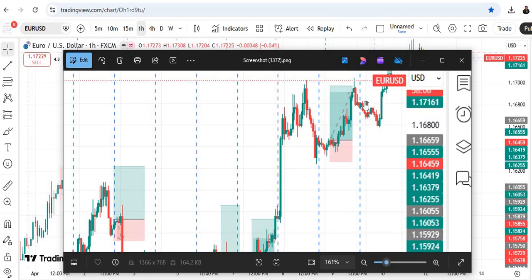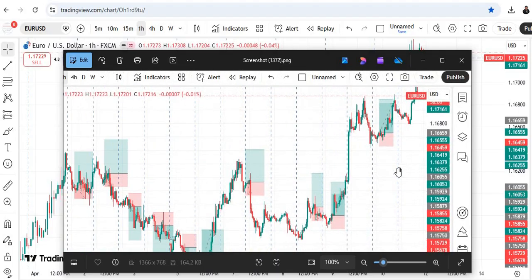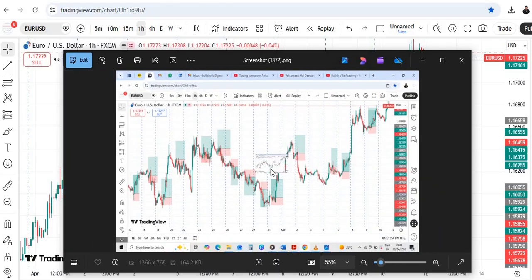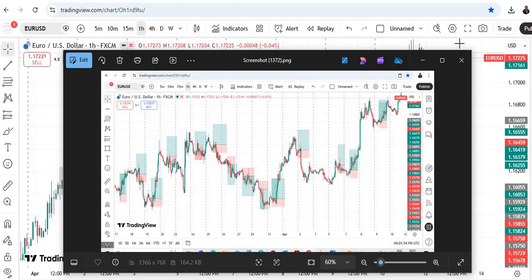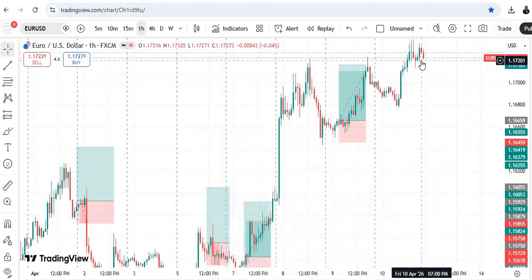Then before price started going up, you see, during the New York session. So most of this trade, there were trades that I took in London session, but it didn't really play out until the New York session. So I didn't know what was wrong with EUR/USD. It played out mostly in the